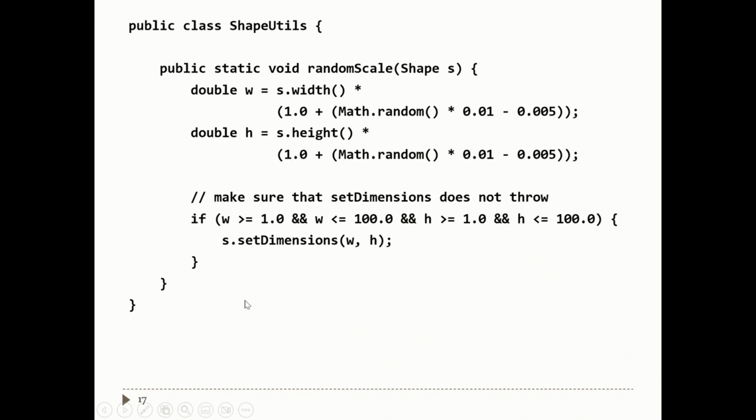And so if you have a method like randomScale, which randomly changes the size of a shape, it even checks to make sure that the new width and height are legal before calling setDimensions. So whoever wrote randomScale expects that the size of the shape will change at random, and that it'll never throw an exception. As soon as you pass this method a square,